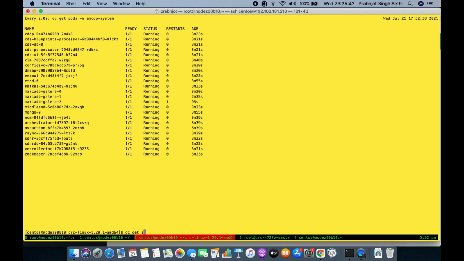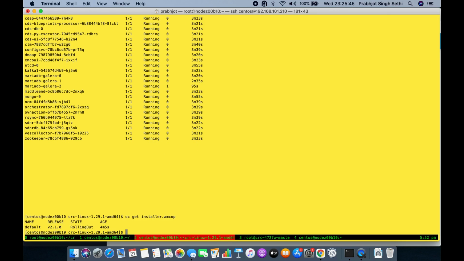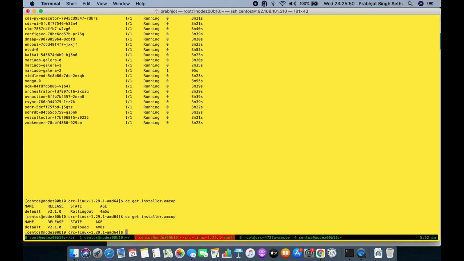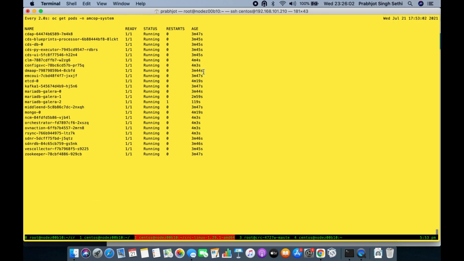So once all the components are installed and ready, we'll check the status of deployment. So we see the deployment has rolled out. So the release v2.1.0 is up and running on OpenShift cluster. Thank you.